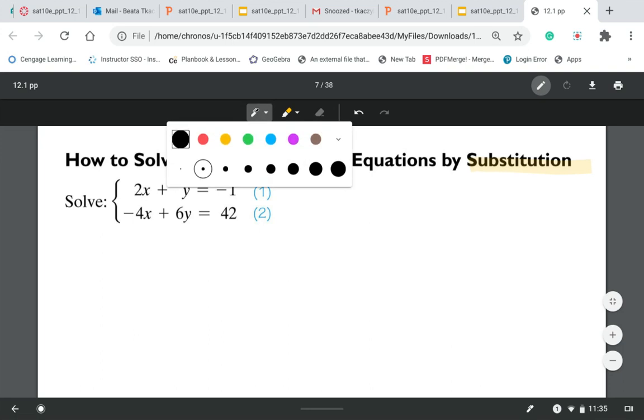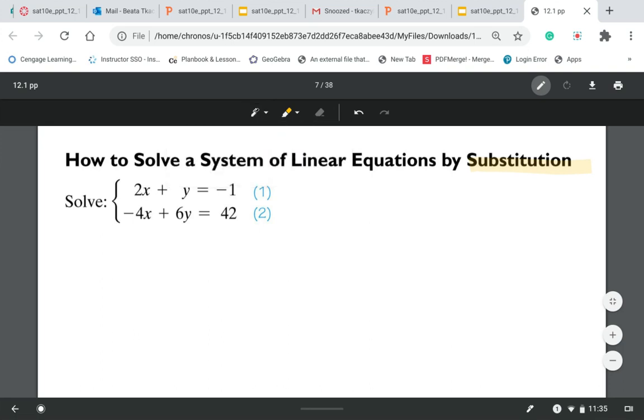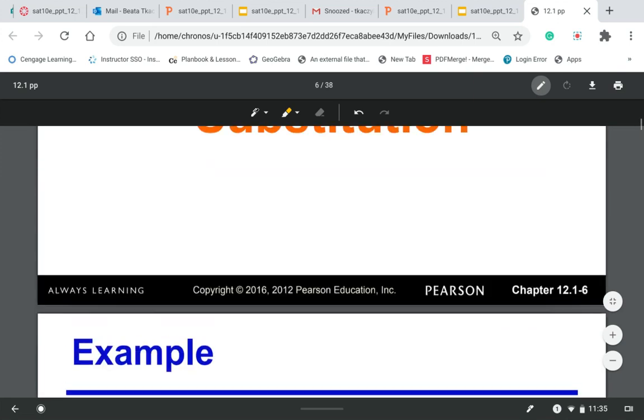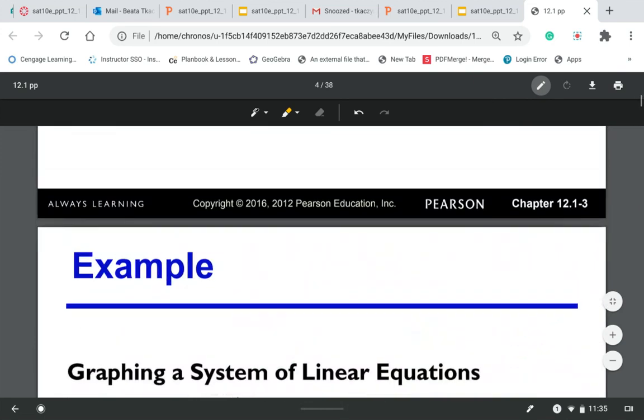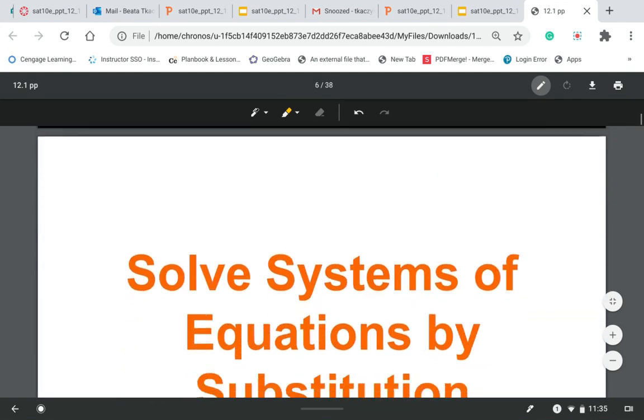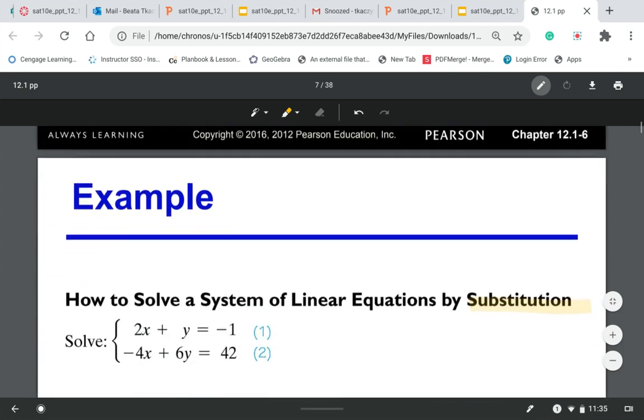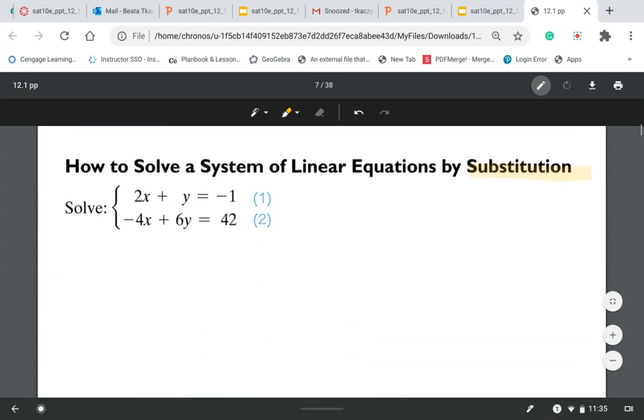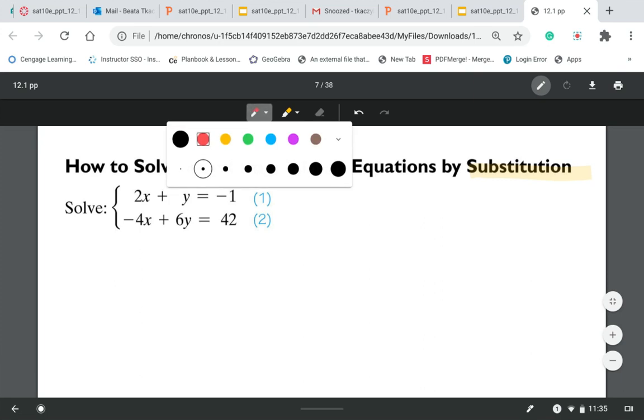Okay. So you guys see, like previously, 2x plus y equal negative 1 and negative 4x plus 6y equal 42, which is the same problem as the one which we graphed. But let's show you how to solve this system using the substitution method. Very important that you mark equation 1 with number 1 and equation 2 with number 2. So I'm going to start working with equation 1,